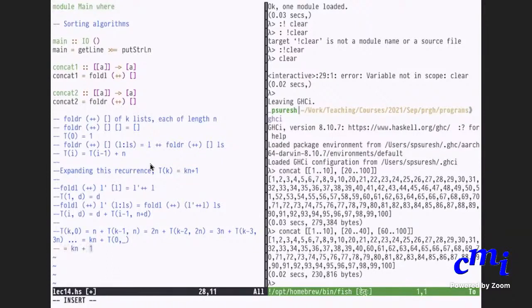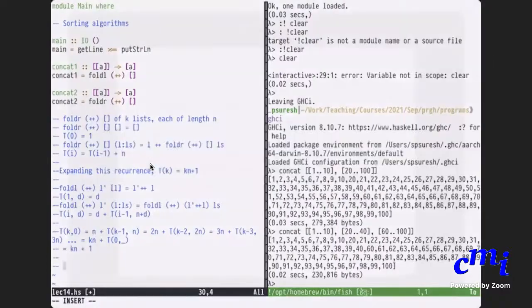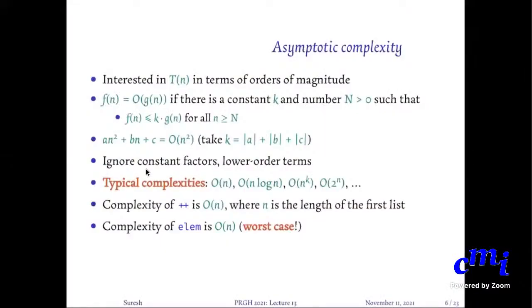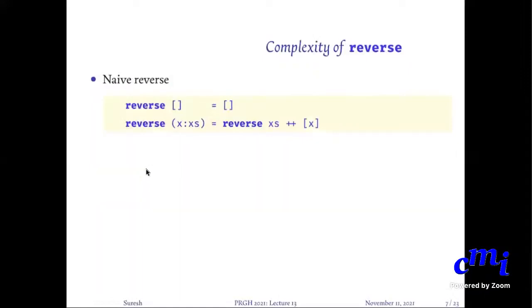Okay. So basically, I'm sorry for taking time over this. But the point is that you have to work through such things yourself. And in some cases, fold R is better. In some cases, fold L is better. Here, it is clearly the case that fold R is better. Okay. Anyway, let's get back and get to the main topic.